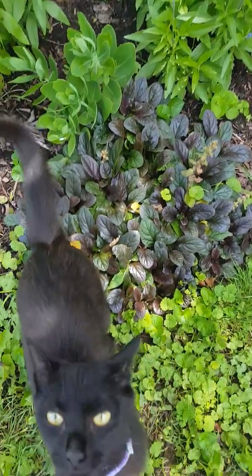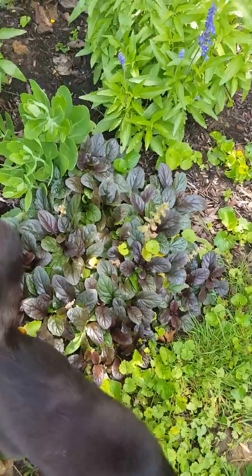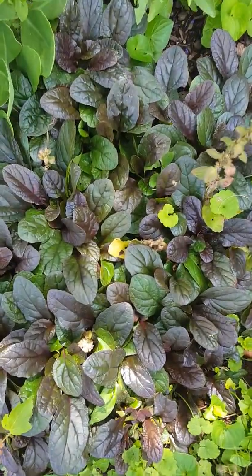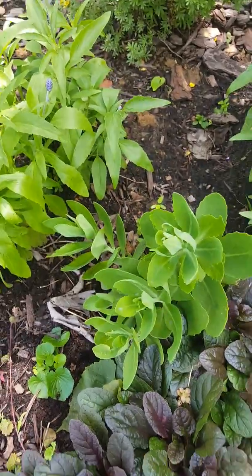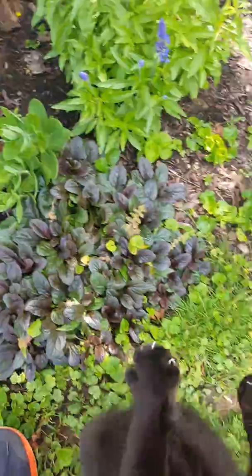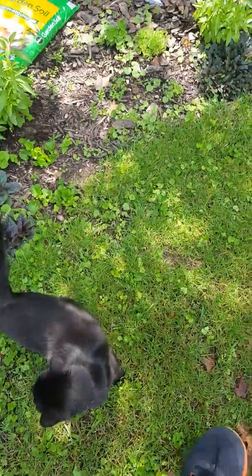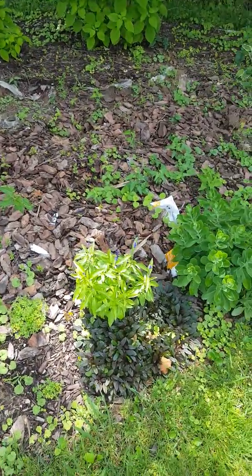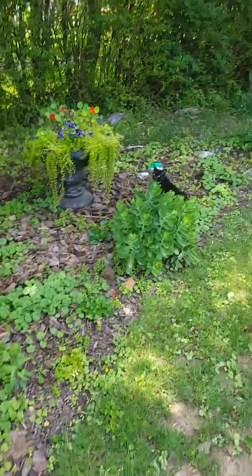Ajuga? Yeah. The ground cover here anyway is Ajuga. Sedum. I'm getting lots of kisses here today. She likes to bump into the video. Again, keeping the same